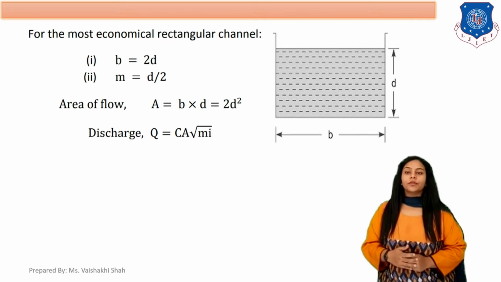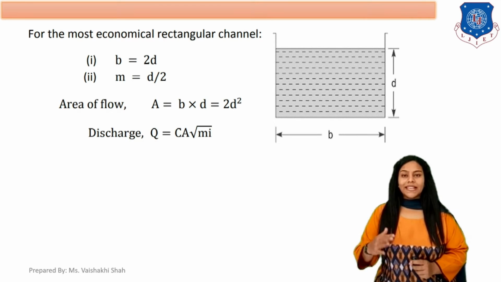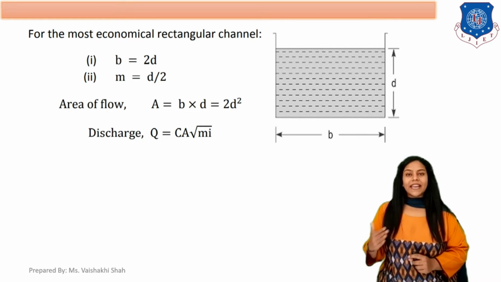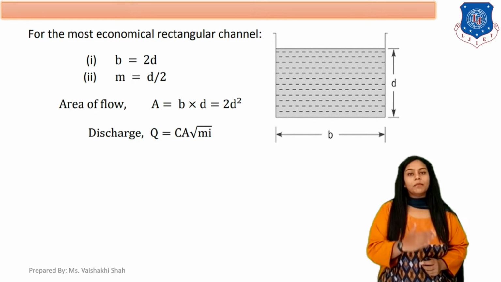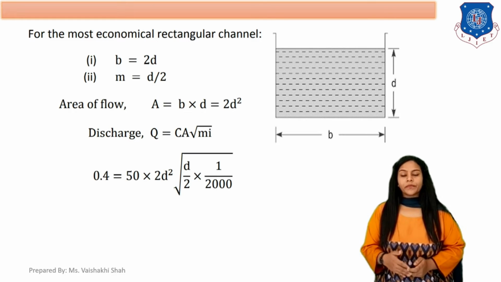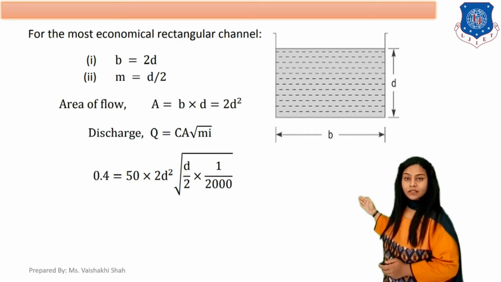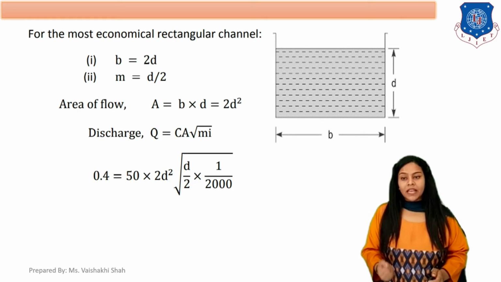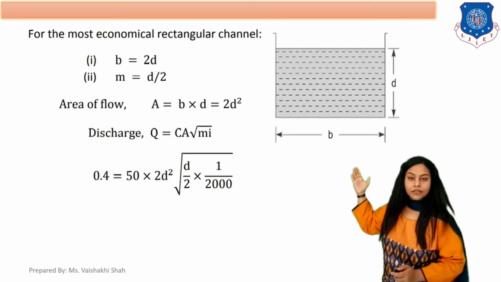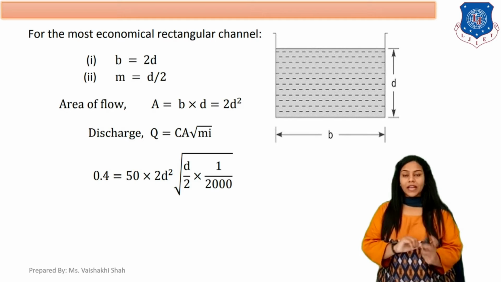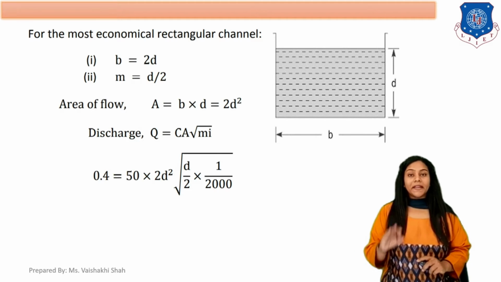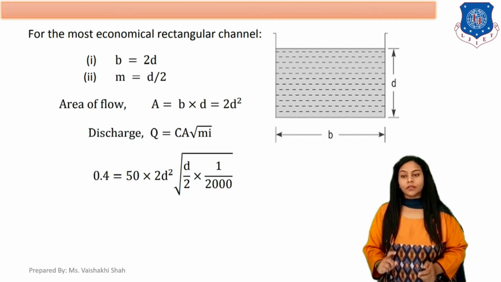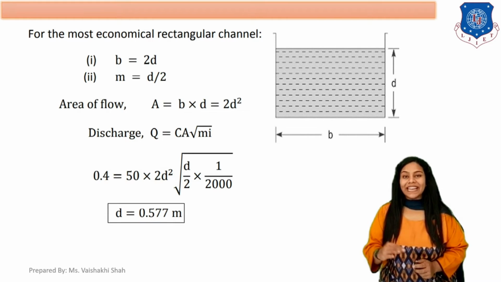So discharge, as we know the equation, Q equals C into A under root MI. Now we have the value of discharge, which is 0.4. C we have 50, area that is 2D square, under root M. Now what is M? D by 2, into 1 upon 2000. So you get